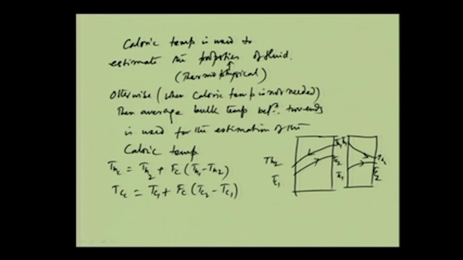If you see that in both the cases, T H 2 and T C 1 are the lower temperatures, and T H 1 and T C 2 are the higher temperatures for the hot and cold fluids. And F C is called the caloric fraction,